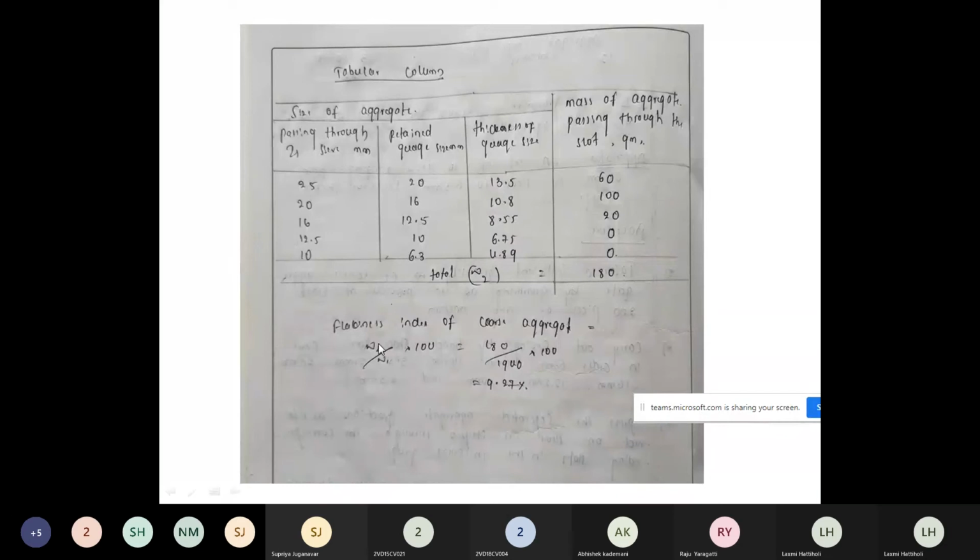The ratio of W2 by W1 will give you the flakiness index. 180 by 190 into 100 will give you 9.27 percent. So the flakiness index is 9.27 percent. In the sense, in the entire sample, about 10% aggregates are flaky. That's what the meaning is.